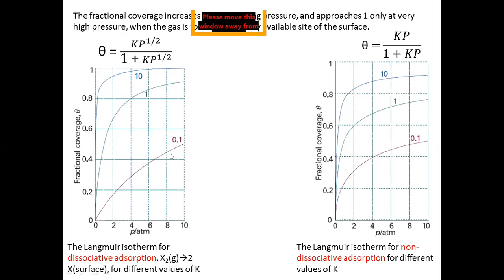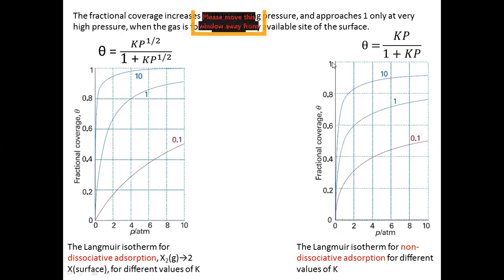So in this case, dissociative adsorption is going to occupy more of the sites available on the adsorbent as compared to the non-dissociative adsorption. That's why it is going to reach the maximum value of 1, and here you can see there is no